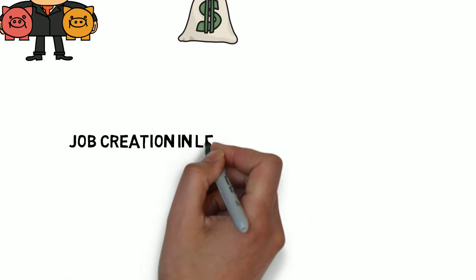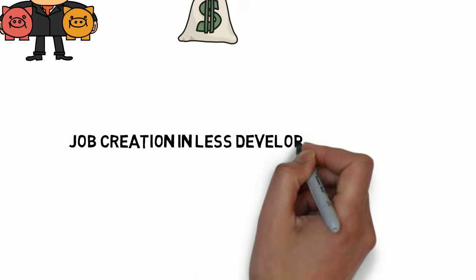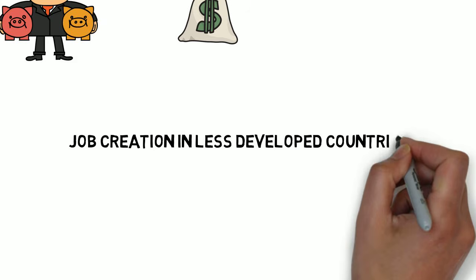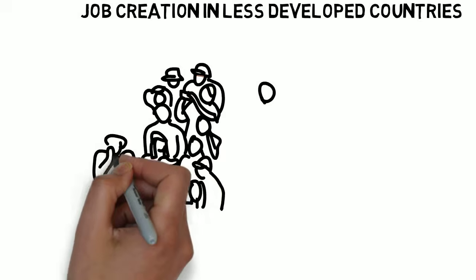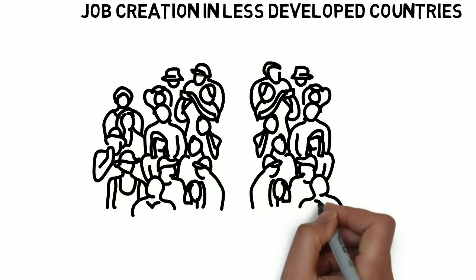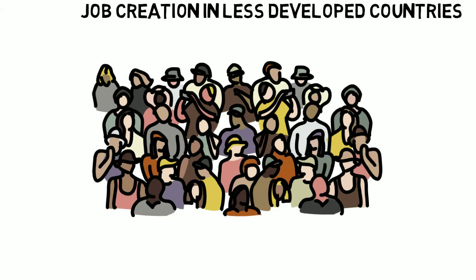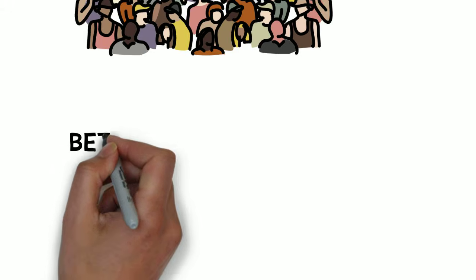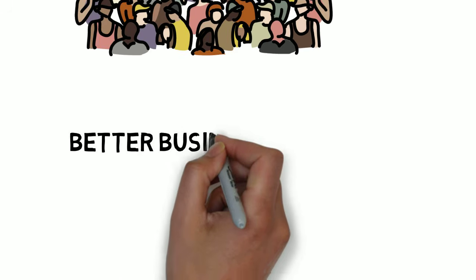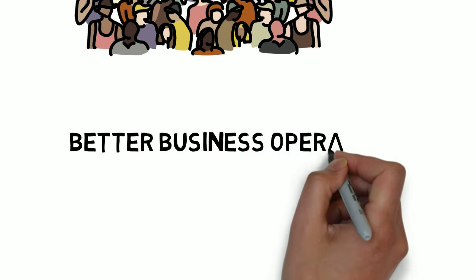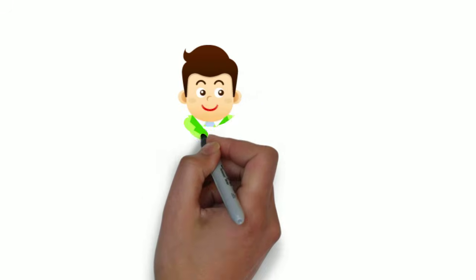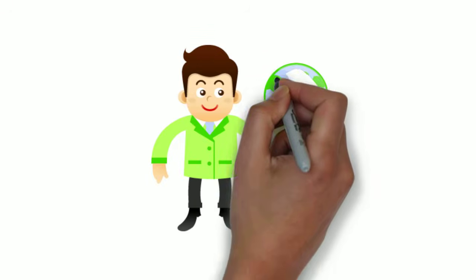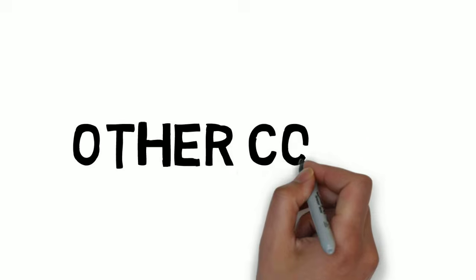Secondly, it provides jobs in the developing nations. Most companies in highly developed countries move some of their operations to less developed countries with excessive unemployment rates. By offering more jobs to the locals, the situation and economy of the developing nations are sure to improve. Thirdly, they improve business operations. Offshoring to countries with different time zones will enable companies to provide customer support 24/7 and cater to consumers in other parts of the world. There are also disadvantages to offshoring.